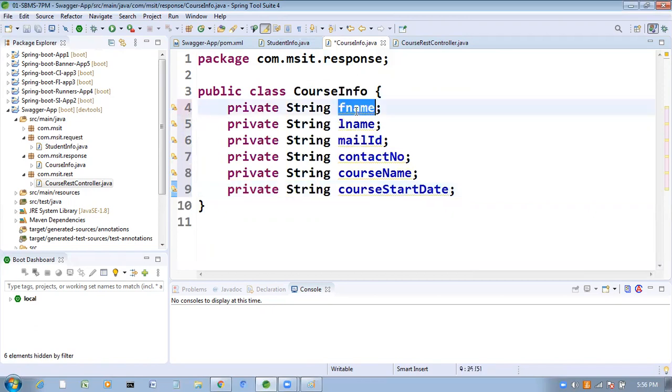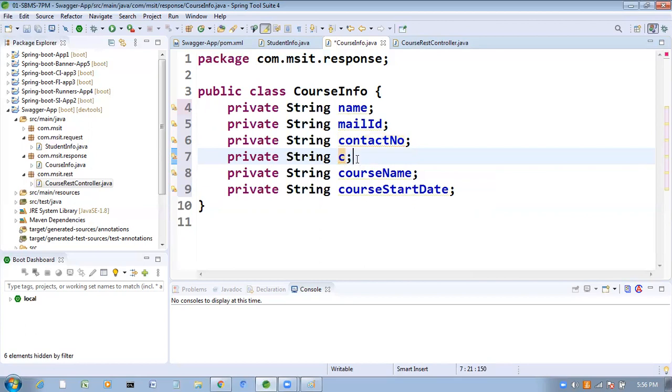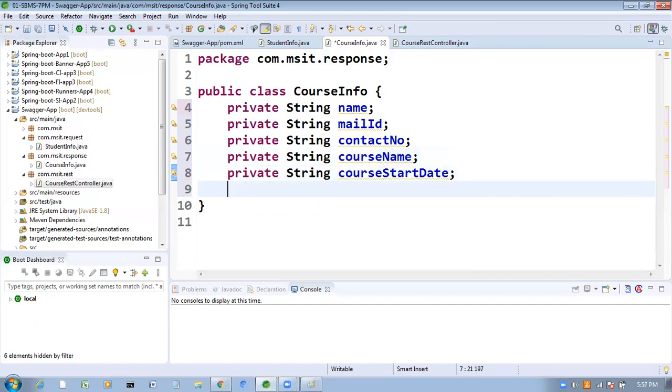Instead of that, here I'm going to take name, and here mail id, and here contact number, and here course name, course start date, and finally I'm going to take private String course fee also here.